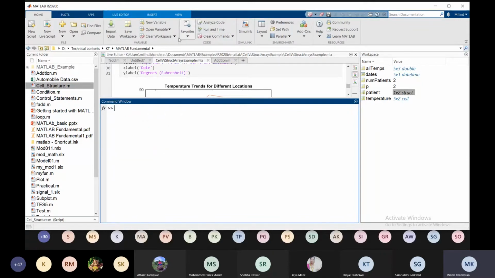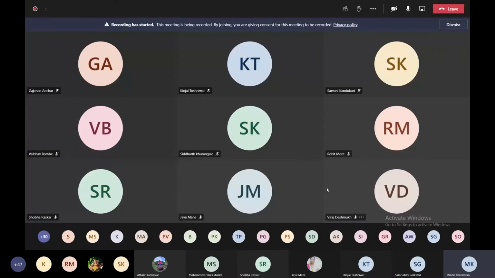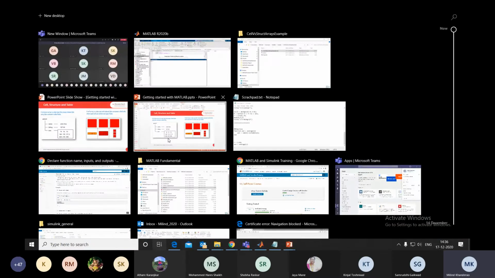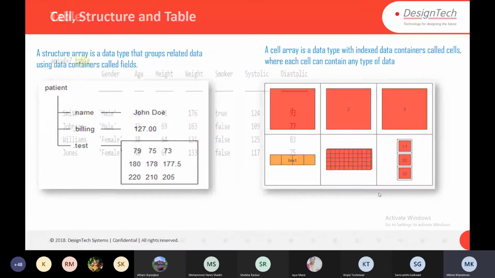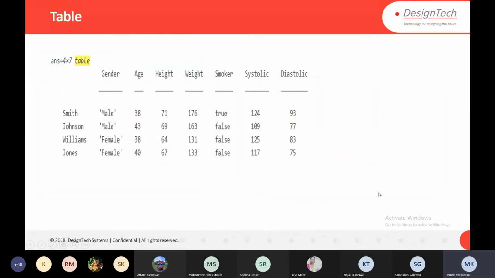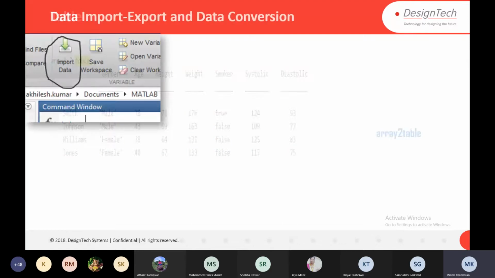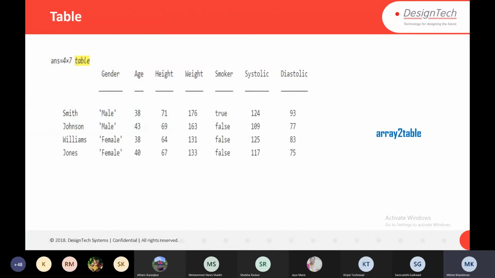We haven't started anything yet, we just go through some examples. As many entries as you have, you can form the table of it, so it is array to table.